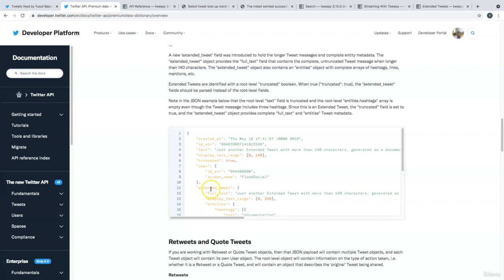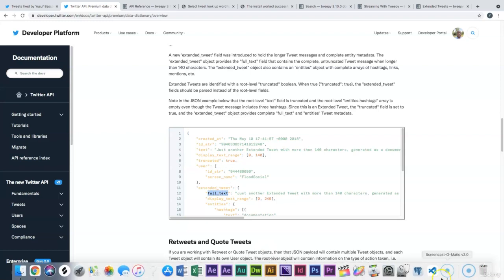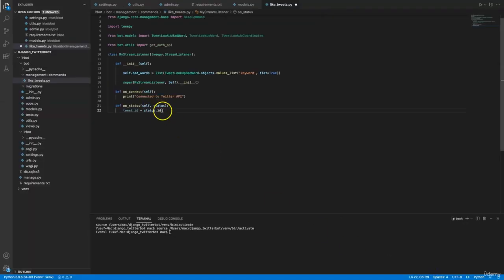So we have the extended tweets, and it's stored in the full text object. Whenever truncated is set to true, it means that tweet has more than 140 characters, and therefore it's an extended tweet. So when it's false, we'll use this text object. When it's true, we also have the full text object, so that we can capture the more than 140 characters in the tweet. And if I can go back,